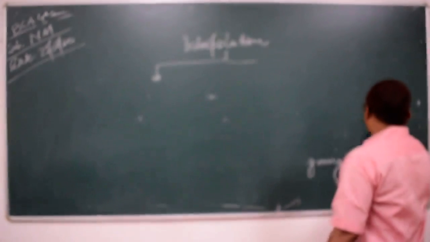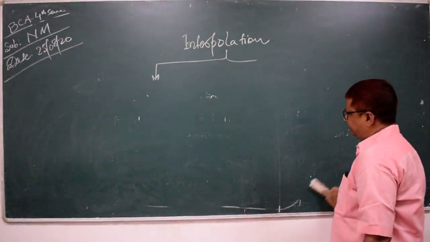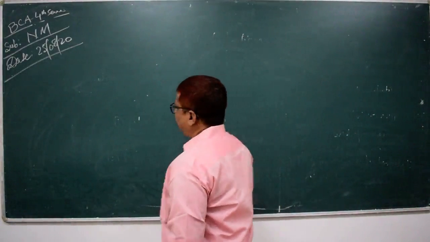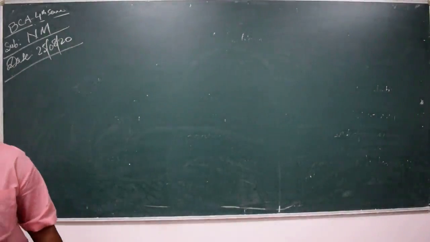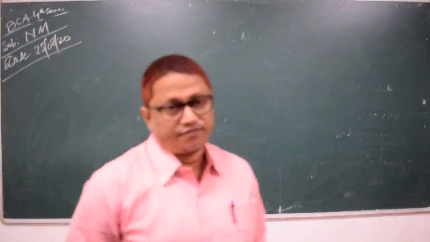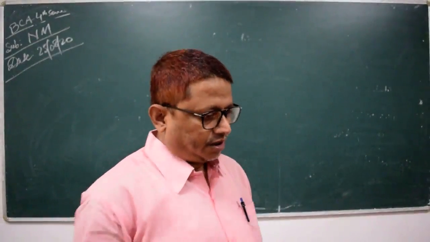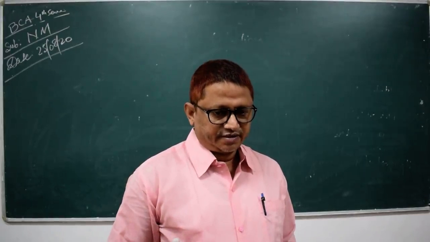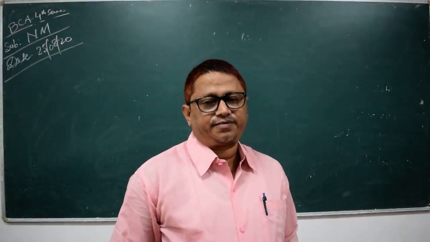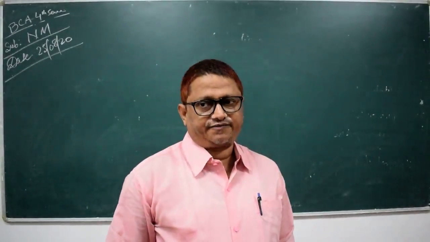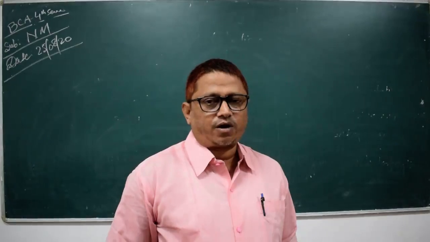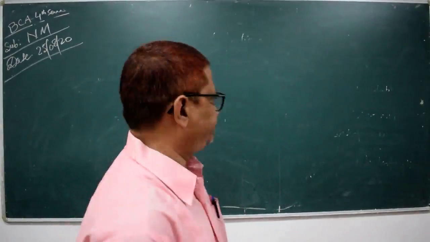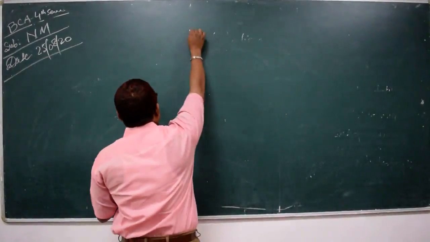Now let us start solving problems, first with the equal methods, depending upon the problem. Here we are seeing the problem on the basis of equal. Equal methods are based on two. The first one is Newton forward difference interpolation. In this Newton forward difference interpolation method, the first thing is to construct and draw the table, and the name of the table is the forward difference table. How do we construct the forward difference table?